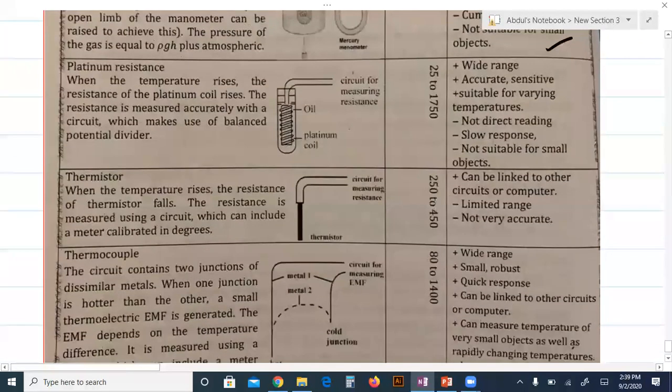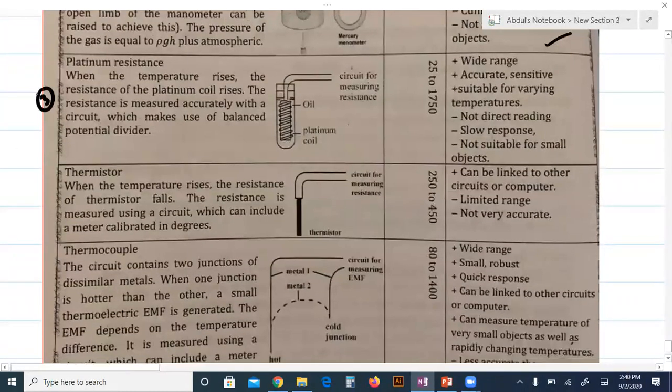The next one is the platinum thermometer, meaning resistance thermometer. And the principle is when the temperature rises, the resistance of the platinum coil rises. The resistance is measured accurately with a circuit which makes use of a balanced potential divider, or its ohm meter is calibrated into a temperature scale, either degrees Celsius or Kelvin. Usually it is calibrated into centigrade. So the ohm meter measures the resistance,